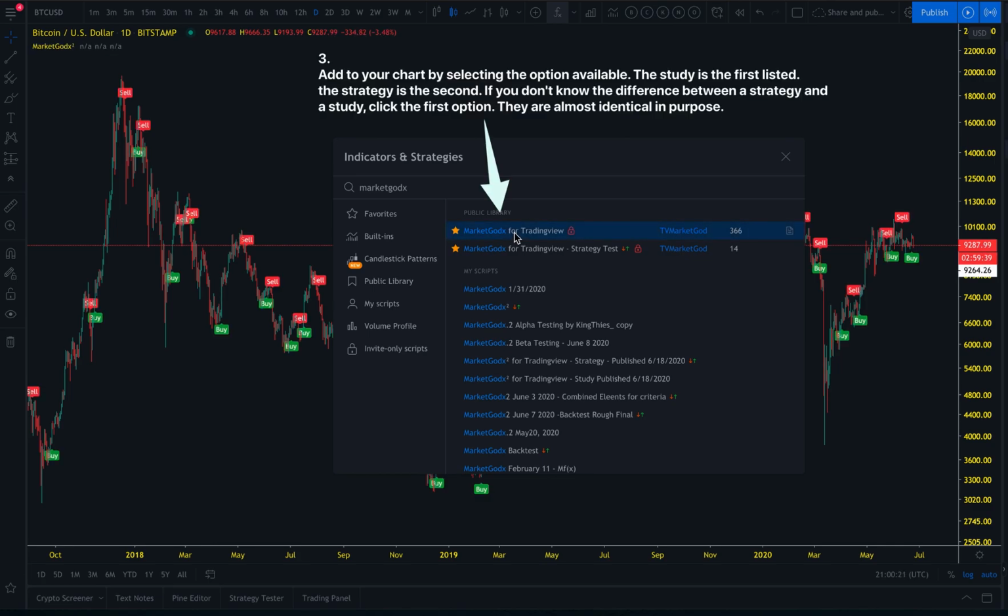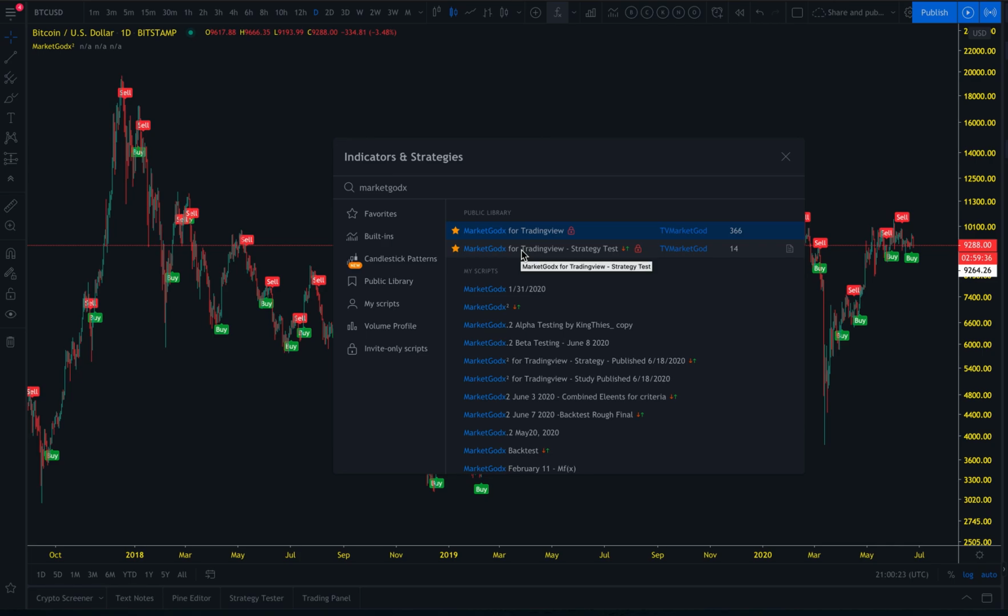That's MarketGodx², the indicator. And then if you want to do the backtest strategy, for those who want to do a little bit more with it and kind of see the results, I've also got that in